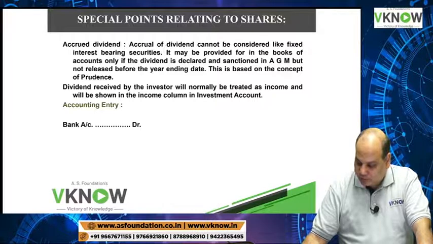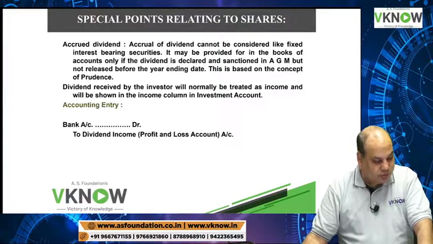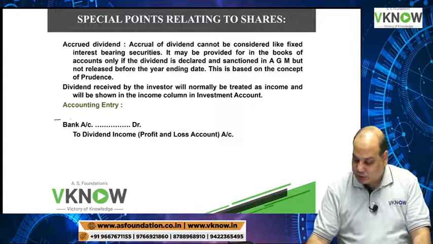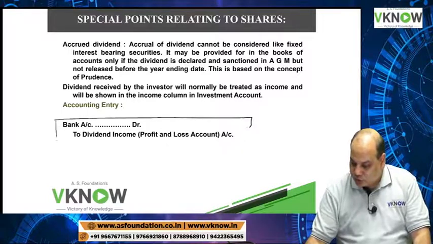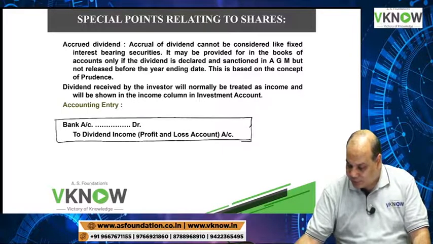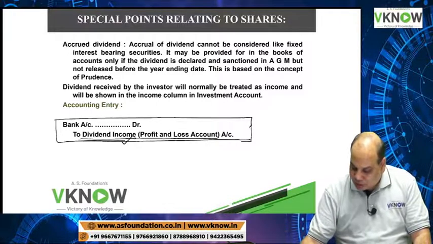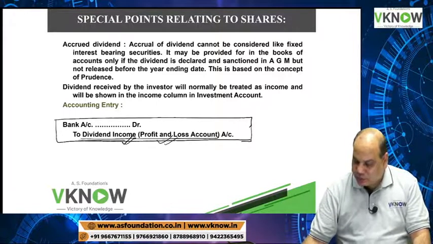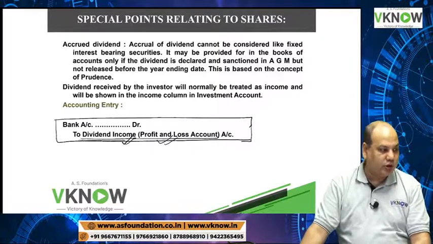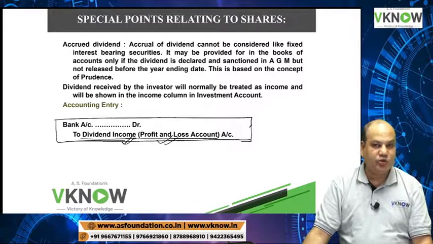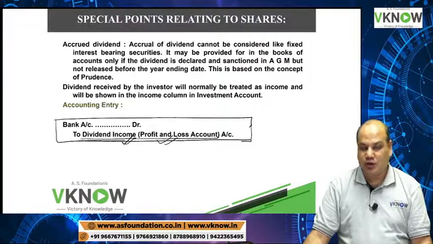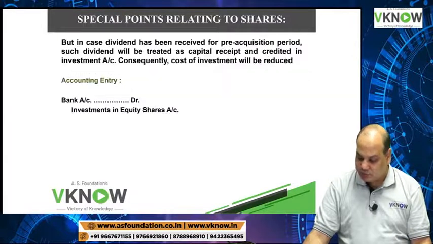Accounting entry: Bank account debit to dividend income account. This is normally the entry we will pass for dividend income on equity share, and dividend income is transferred to profit and loss account. Dividend income is transferred to P&L account because it is your income on investment. However,